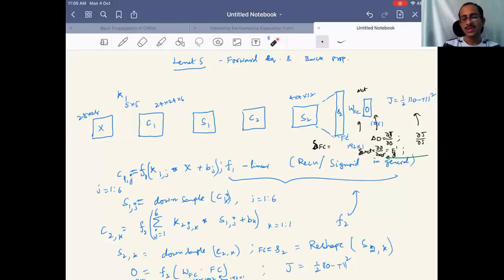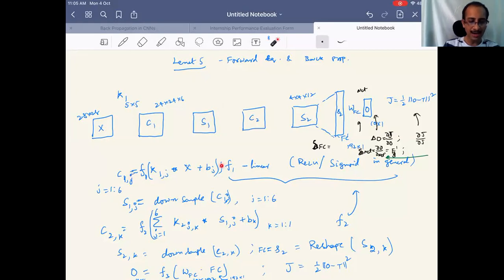Okay, good morning. So we discussed backpropagation briefly in convolutional neural networks in the last class. So we are continuing the discussion now. So we have seen that in the forward pass, whenever we perform a convolution operation, it can be with a single map to multiple maps or multiple maps to multiple maps.